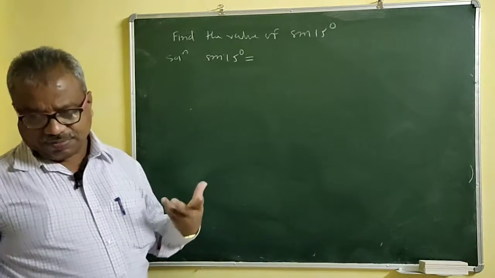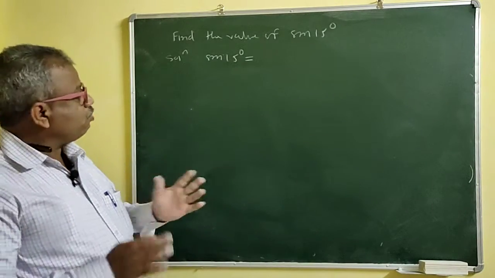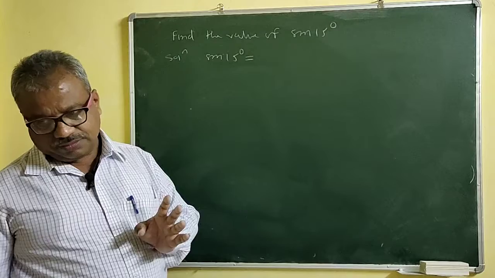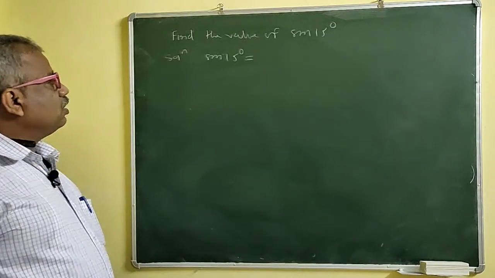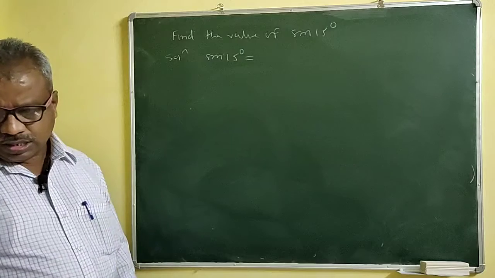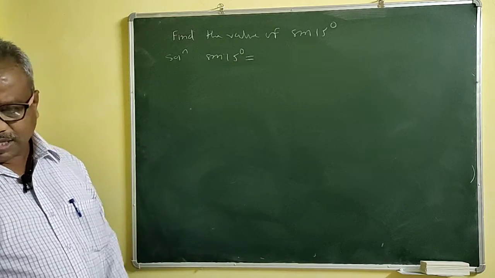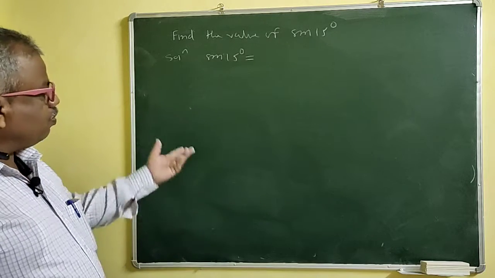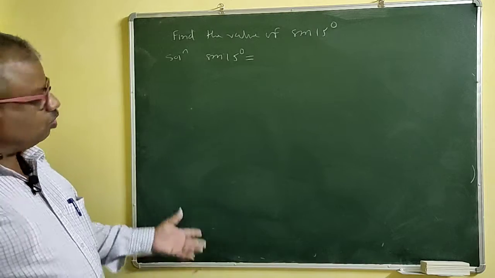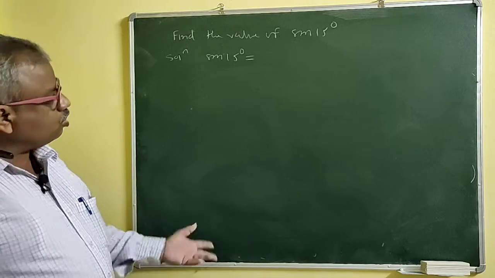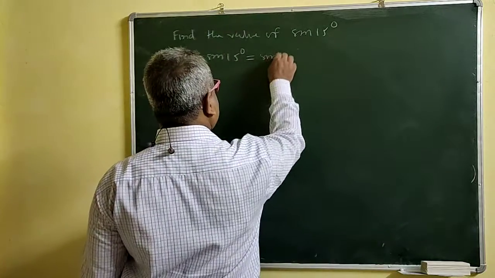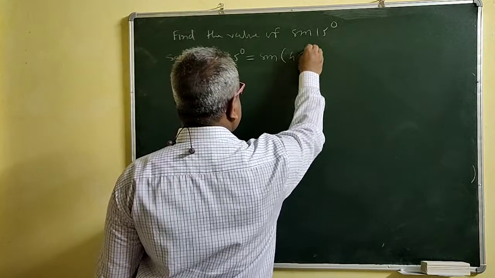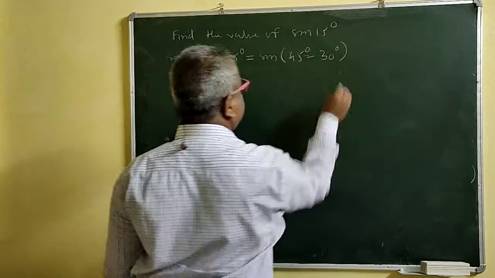Because directly we cannot find sine 15 degree, right? So we have to express this in terms of 60, 30, 45 or multiples of 90. So we can write this as 45 minus 30, or you may write 60 minus 45. But for sine, because sine 30 is half, sine 60 will be root 3 by 2. So you can take both actually, no problem here. So 45 minus 30 degree.